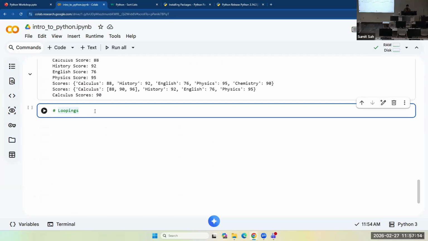Programmers and data analysts use loops all the time. There are two ways we can use loops: for loops and while loops.